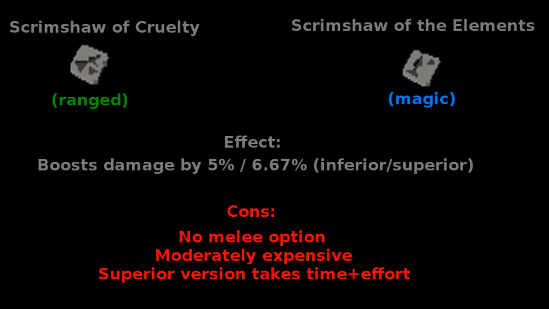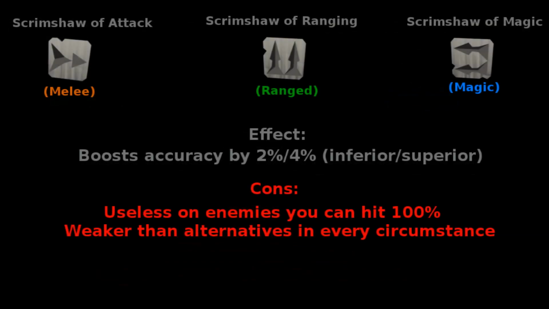For whatever reason, Jagex decided to make the corresponding Scrimshaw for melee the Scrimshaw of Vampirism, which allows you to siphon a very small amount of any damage that you deal to enemies back and restore it as HP, which is totally useless for improving your DPS at all, and so is generally something you want to avoid if you're doing bossing at all. The remaining combat Scrimshaws are aptly named the Scrimshaw of Attack, Ranging, and Magic, corresponding to melee, ranged, and magic styles,